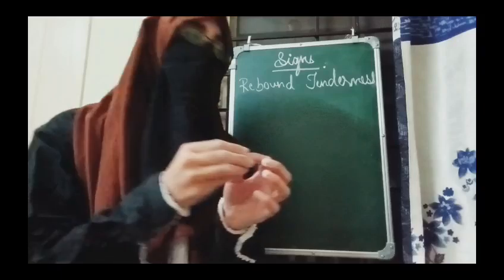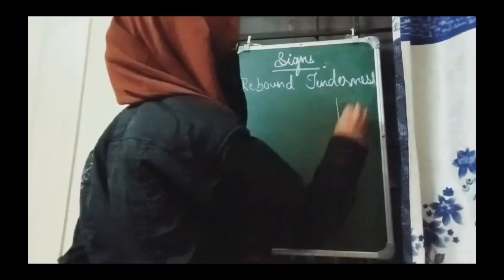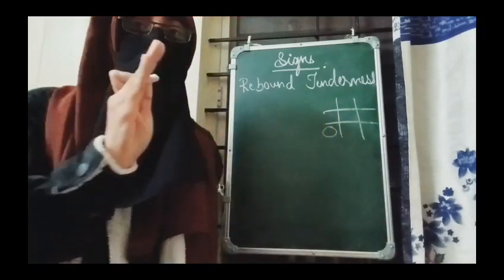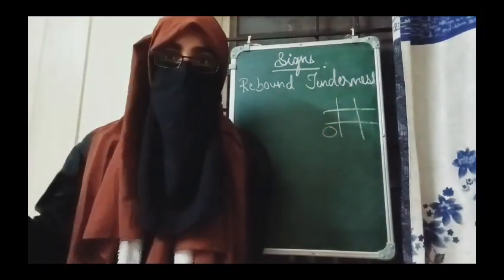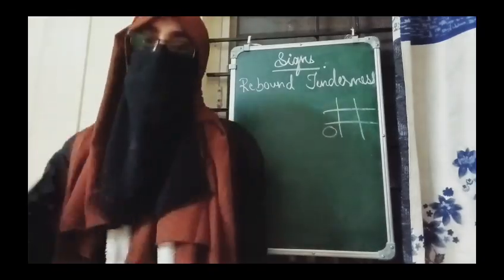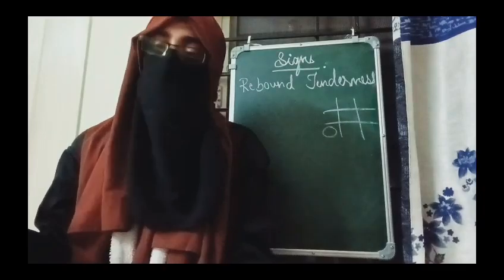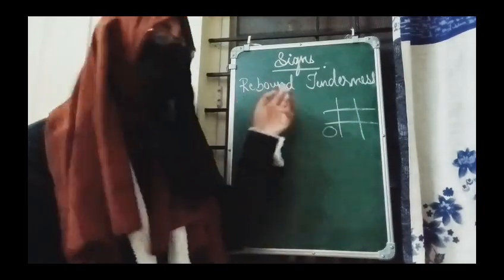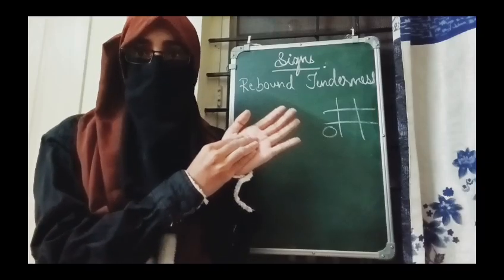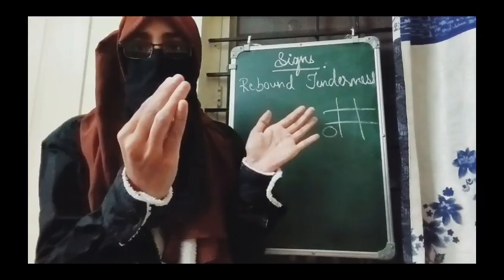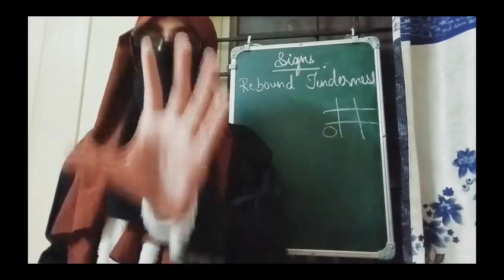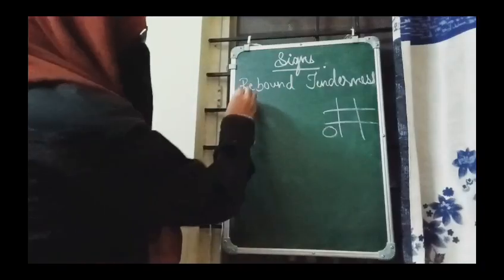the physician will palpate the right iliac region. He will press the area and then leave the area. Once the physician has taken the hand away, the patient will complain of pain. That is called rebound. When you press, he will not say the area is paining, but when you press and leave, then he will complain of pain. That is rebound tenderness, so it is our first sign.